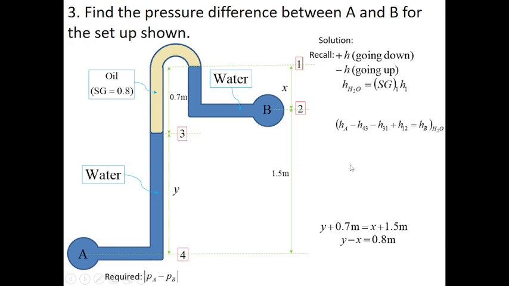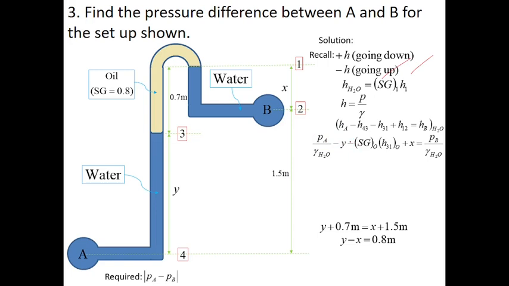Recall that the height of water is SG1 times H1, the height of water at 4 degrees Celsius, and the pressure head is simply P over gamma. So this will now be the equation. For the pressure head at A, since we are looking for PA minus PB, we express HA in terms of PA. So PA over the unit weight of water,